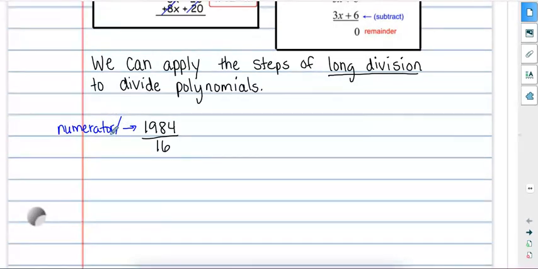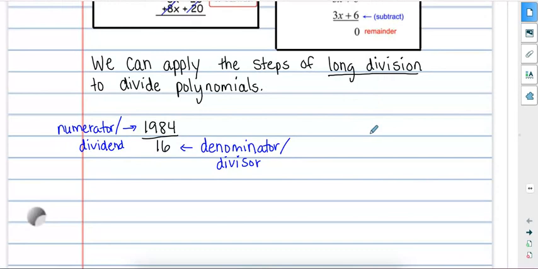And when we divide, it's also called the dividend. And down here, this is the denominator. But it is also called the divisor. Okay, so the long division would